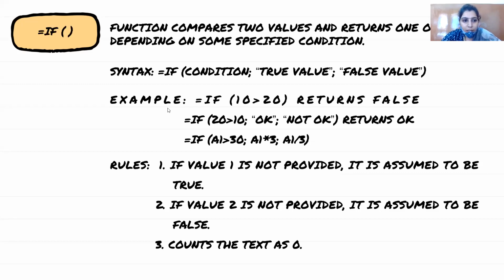Tanya, why are you writing percentage symbol? I already told you that percentage is given in A1. So you need to reference the cell address. The cell address is A1. Firstly, equal to sign should be there before the function. Equal to if, मैंने क्या बोला? Percentage should be in the A1.